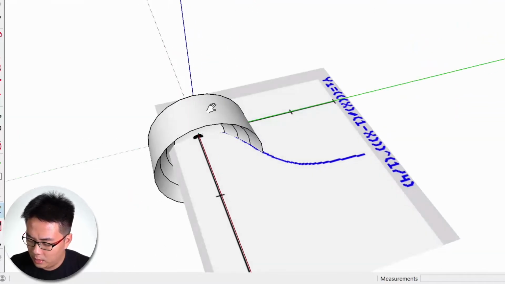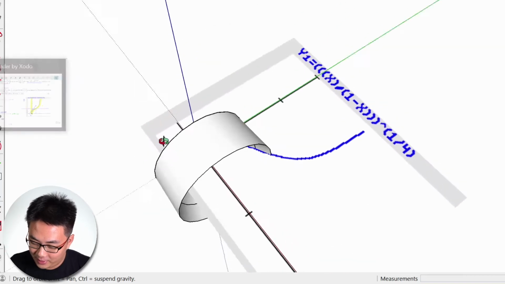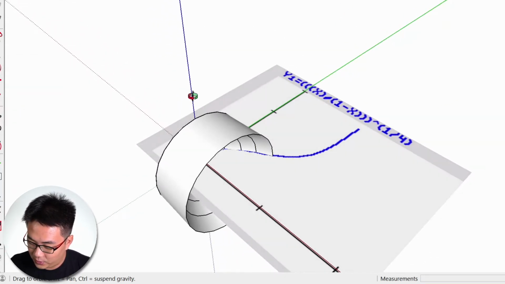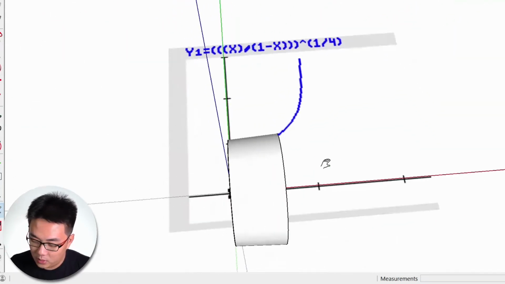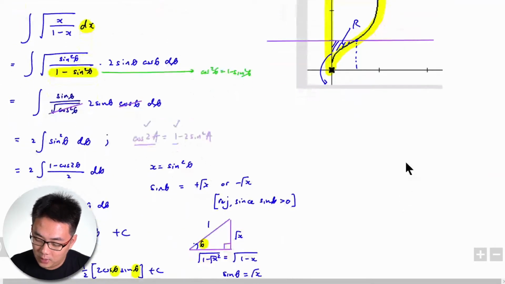Okay, we try. I'll probably just show you how this looks like. Okay, that's how you look at it. So what you need is actually the required volume. First of all, we need to find